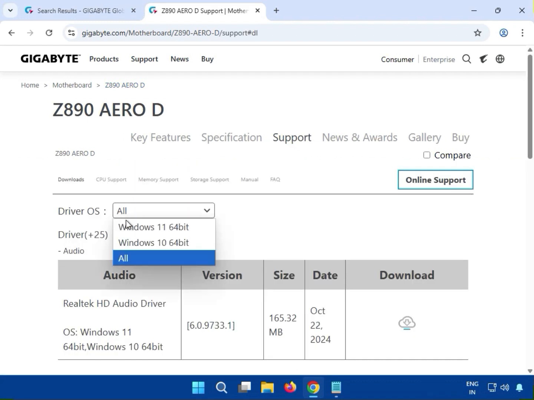Then select your operating system, which is Windows 10 and 11. If you have Windows 10 and you can see the installation is for Windows 11, no worry, because the installation process is the same. Okay,